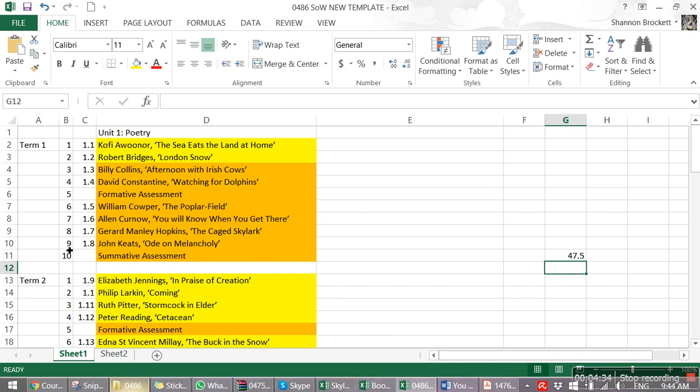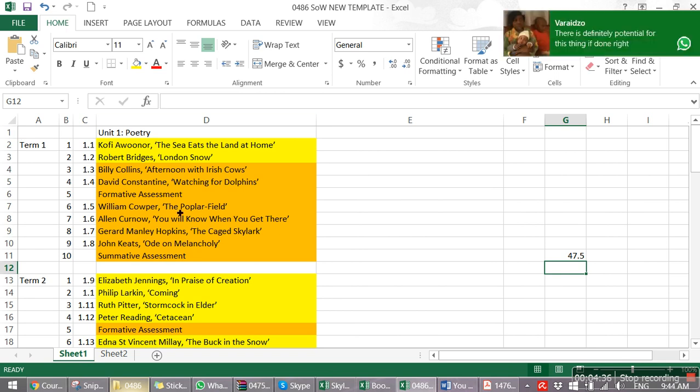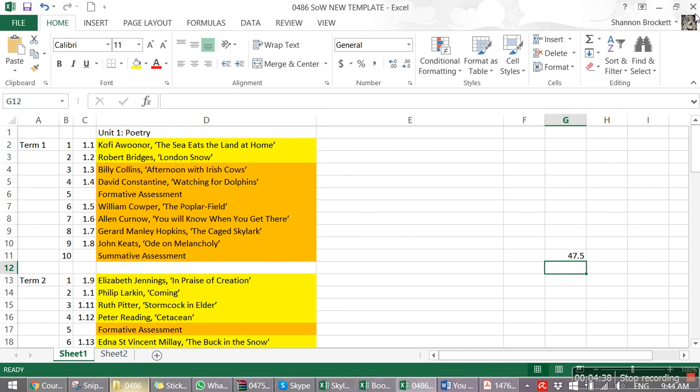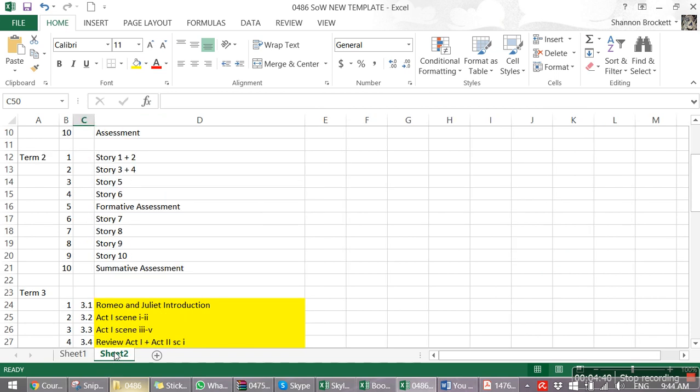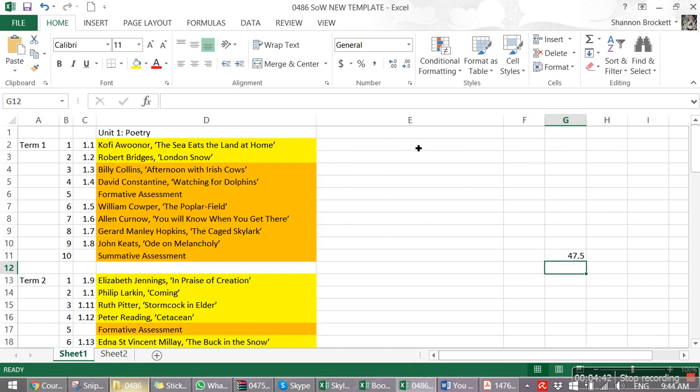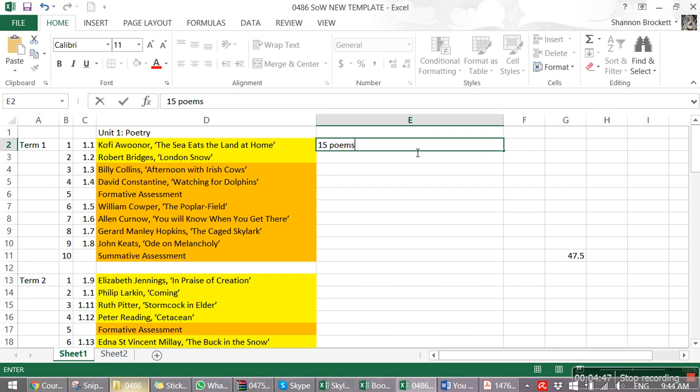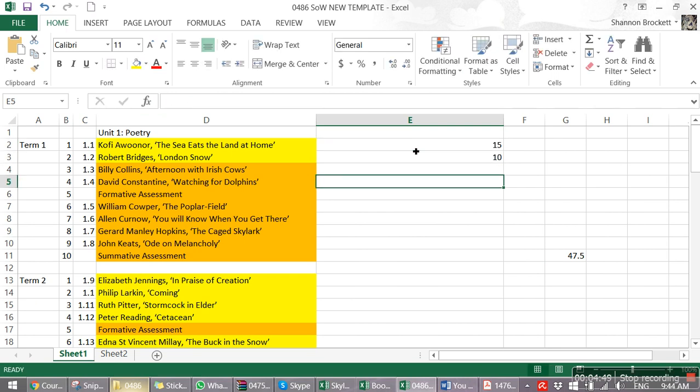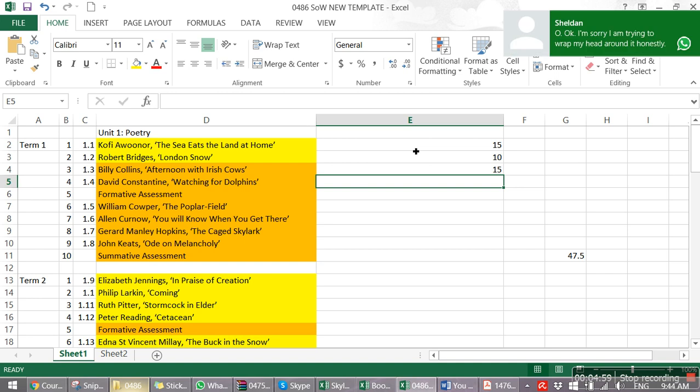Term 1, there are 10 weeks there. So literally what I did, guys, is I said to myself, okay, what do I have to cover? I have to cover 10 poems, or what was it, 15 poems, 10 stories, 5 acts of Romeo and Juliet split into 3, so 15 sections for Romeo and Juliet,